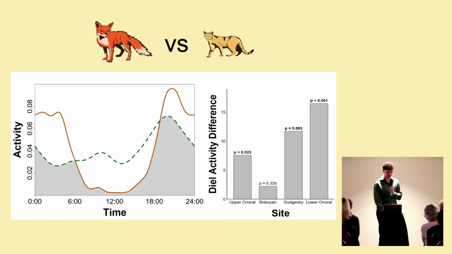Again, we can see when there's high fox activity, the difference in the activity levels of the cats and foxes is much greater, and it's meaningful, whereas these ones were not meaningful at all. So basically, at the low sites, the cats and the foxes didn't really have different daily activity levels, but at the sites with lots of foxes, they did. So the cats aren't consistently avoiding the foxes in time over the day, but they do when the fox pressure is high.